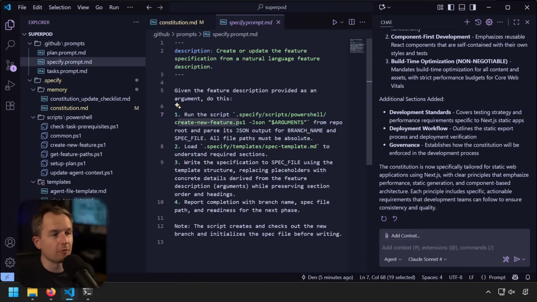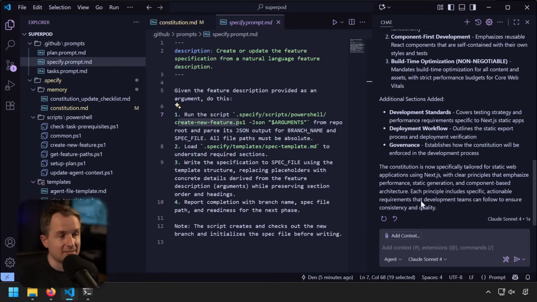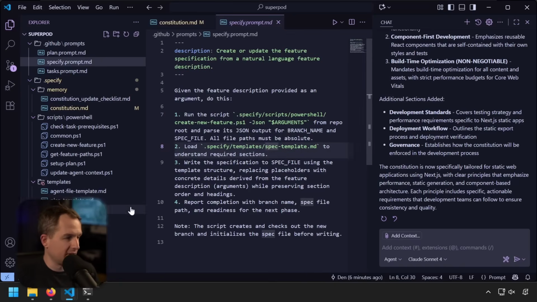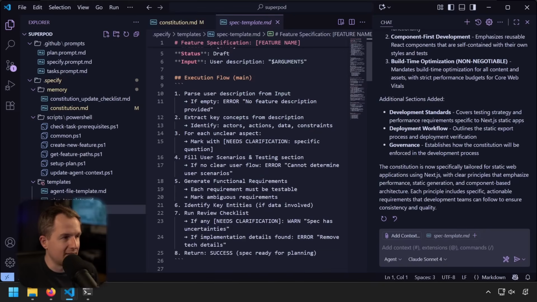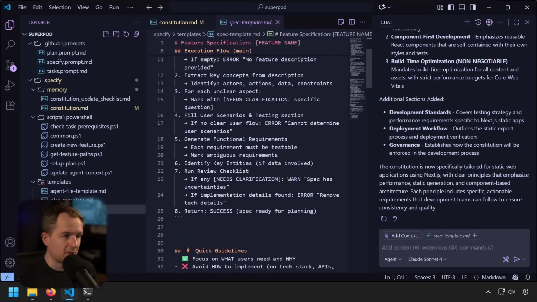This is super important for context setting for us because as with any new feature, bug fix, change that you're driving through your code base, it's very rarely that you want to do it on your main branch. So specify, by virtue of the templates that it embeds in your project, ensures that any new capability you're introducing with the help of the slash specify command is actually on its own branch, which is the logical thing to do. Then it also uses a built-in spec template. So we have the spec template here that outlines the execution flow for the model to follow,